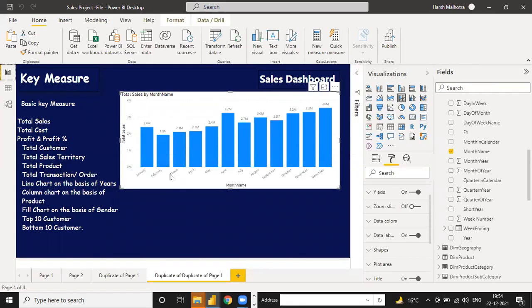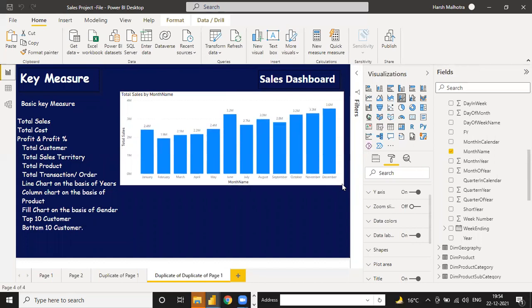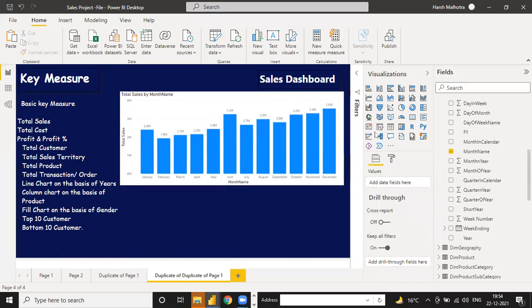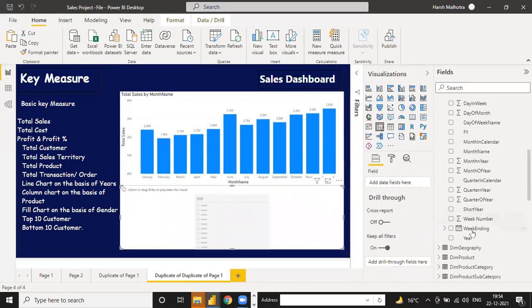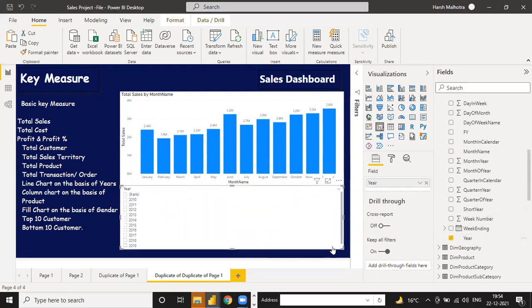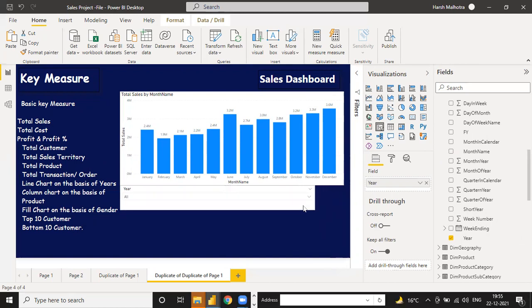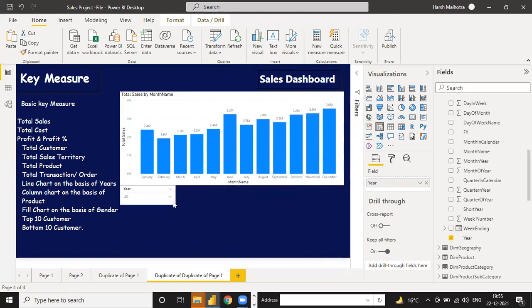see Jan, Feb, March, April, May, June, July, August, it is in complete order of month name. So this one is your total sales, and now move on, filter it out, and in this filter you can use the year. So in total of year you have 2010 to 2019. Just check this box. These are the arrows, and instead of this you can use the drop down option, a little small, and fit it into the upper part.